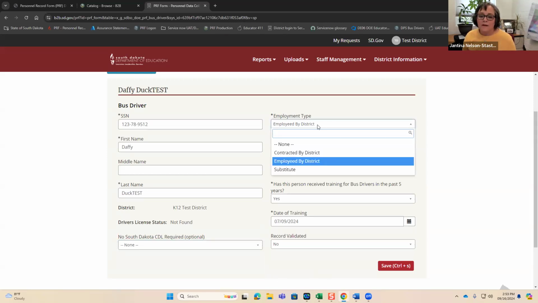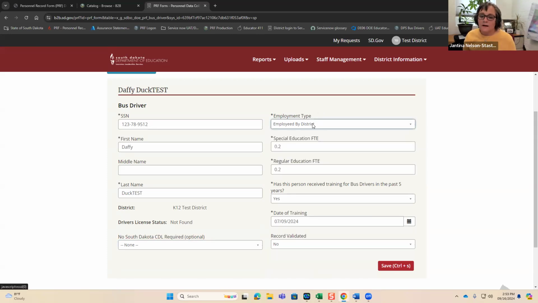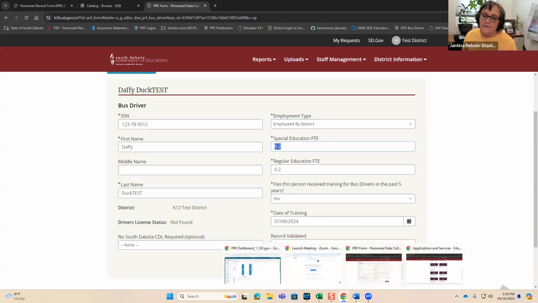As far as employment type, you can list them as contracted, employed, or a substitute. Again, if there are kids that have transportation on their IEP, you do need to break out that FTE between special ed and regular ed based on the hours for transportation on that IEP.